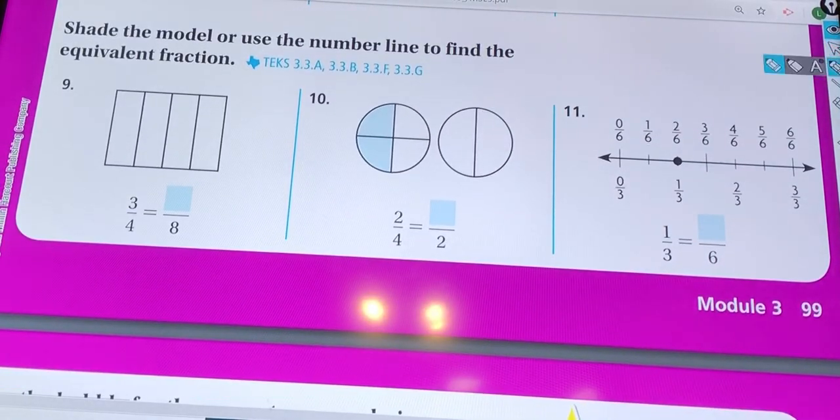Okay, shade the model or use the number line to find the equivalent fraction. So 3/4 is equal to how many eighths? So now I have to make this model into eighths. So I can, no, I'm not going to do it. I can then, I know this is fourths, so I'm going to